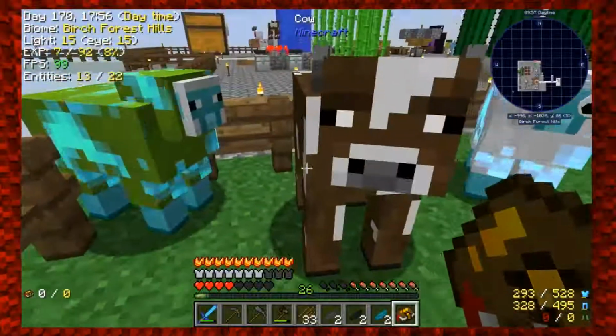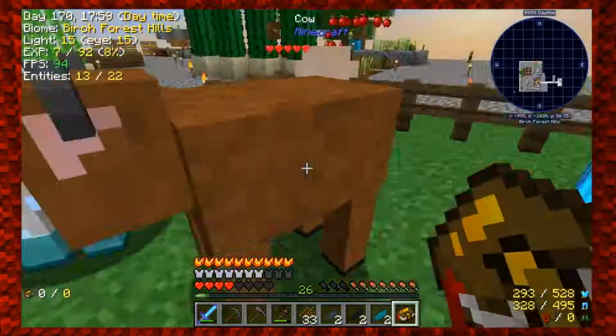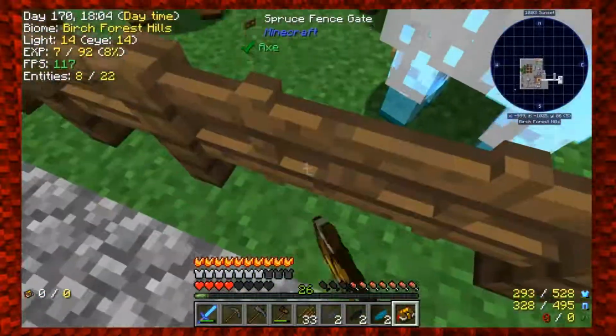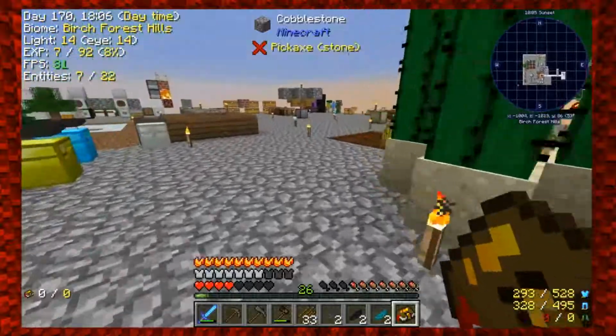I don't have shears on me. All right, we'll be right back. Let me go get my shears. How do I get out of here? I should put a gate on that side so I have more than one option to get out of here. All right, let's run over here real quick and get our shears,